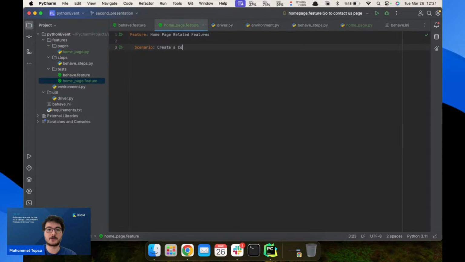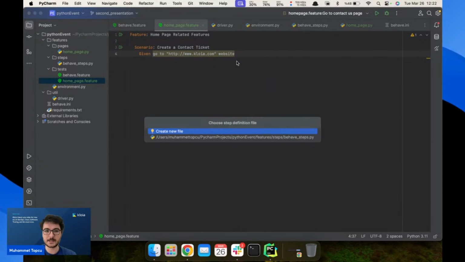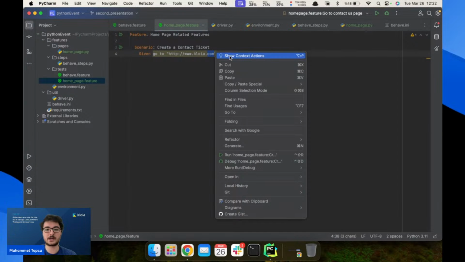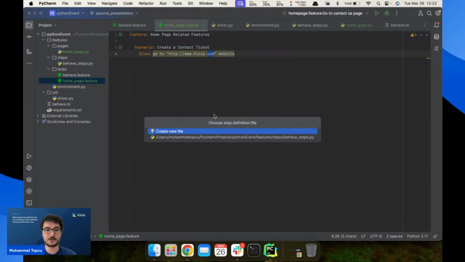Let's say create a contact ticket here. And we are going to write our Given step, which is first navigating to gloya.com. So let's write: go to http://www.gloya.com. Then let's create a step definition file here by right clicking, show context actions, create step definition, and then